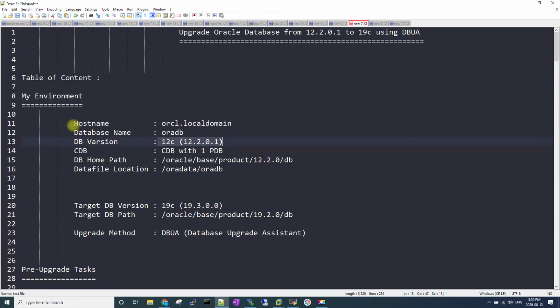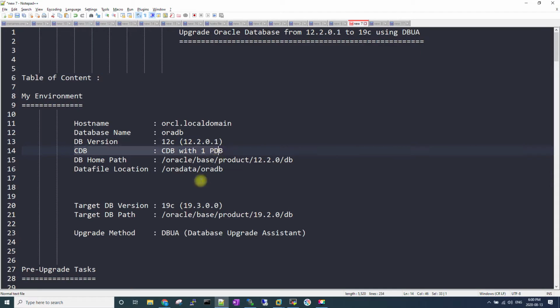My host name is orcl.local domain. My database name will be OraDB. The database version will be 12.2.0.1, the software which I downloaded from the Oracle website, which is freely available.